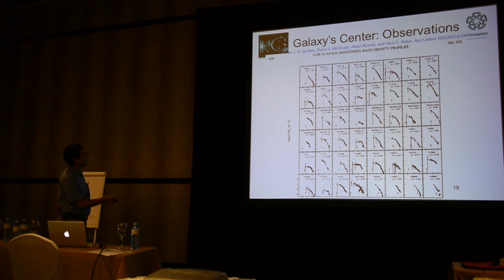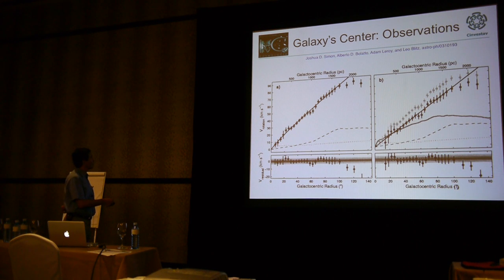And you see, for example, this galaxy, this is the Navarro-White profile, and the observations show that the density should be here, or this one, or this one. Not all of them have problems with the Navarro-White profile, but some of them. And more recently, these observations here, these are galaxies, and this galaxy was observed till 79 parsecs, and this is the velocity. What we showed before was the density, but a linear velocity means a flat density profile in the center. That means that this galaxy has exactly a flat density profile in the center, and you see this fit cannot be done using the Navarro-White or the numerical simulation done by